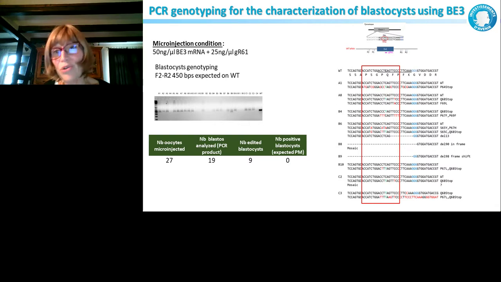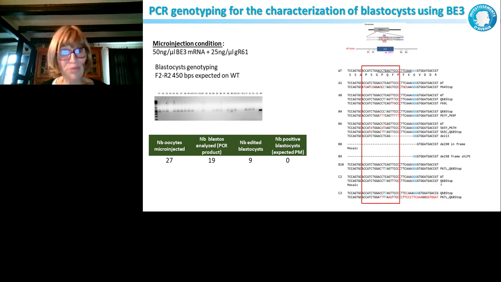But even more than that, the conclusion for this experiment is that in mouse, even if it works, it is not great. When we sequence, we could see the expected conversion, C to T, but we could also observe C to A and C to G conversions in most of the mutant blastocysts. We could observe deletions and insertions also in some blastocysts. That's no good. The editing window is much, much larger than what is presented at first, which said it's not precise; here it's 10 base pairs. So to generate a specific mutation will be very difficult.